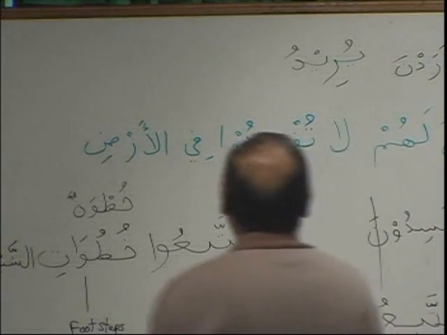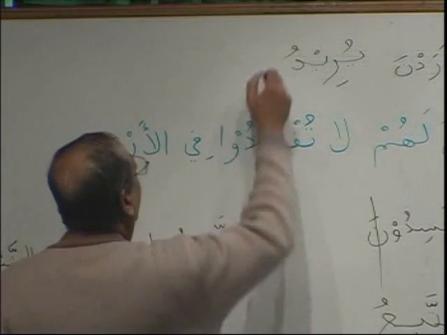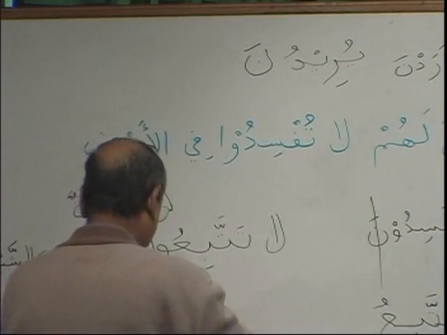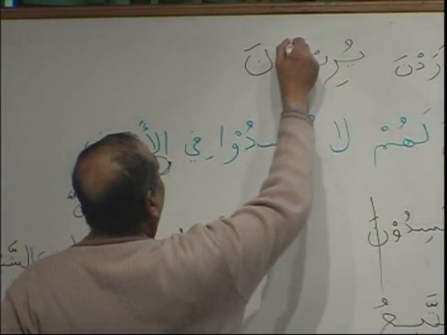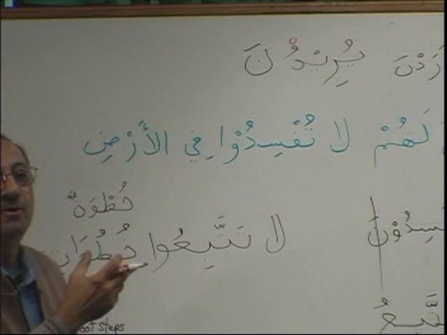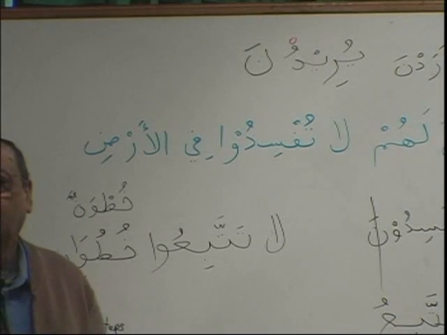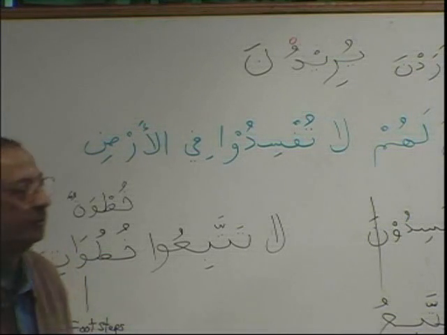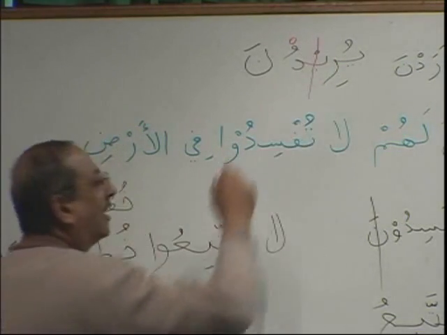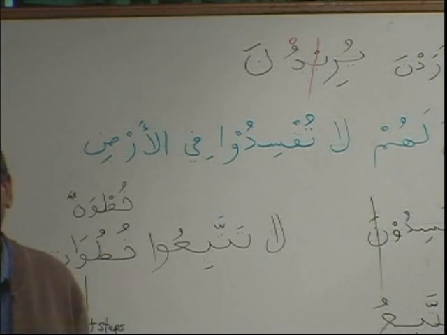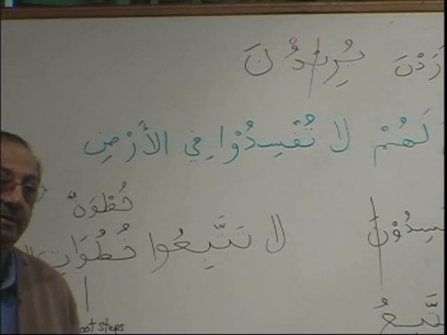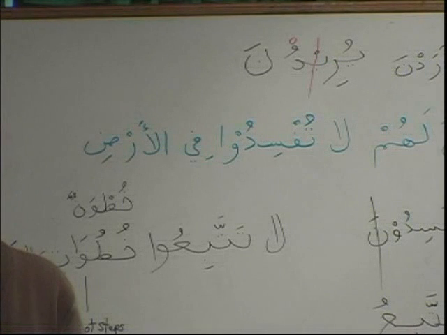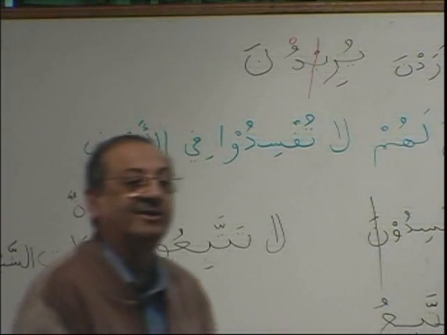Very important. Okay? Again, I put nun niswa here, which will result in dal getting a sukun. As soon as I give dal a sukun, we end up with 2 letters with sukun. Iltiqa' sakinain, meeting of the 2 sukuns. That is not permissible in Arabic because you can't read them. So you drop the weak letter. What will you drop? If there is a ya or waw, you will drop it. Okay? So what is left now? Yuridna.